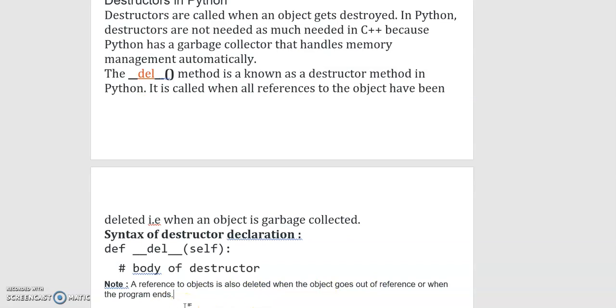If the destructor is called, that means the object is deleted. So destructors also delete the reference to objects, when the object goes out of reference or when the program ends.